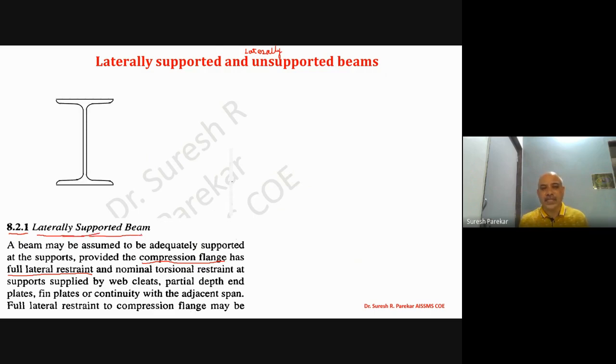So if we have a simple I section, then we have this as a laterally unsupported beam. Now here you can see we have this beam, and we have the flange in the slab. So this is slab one, and the compression flange of this beam is monolithic with the slab. So we are going to restrict its lateral deformation, that is, it would otherwise deform laterally along the length of the member. Here we restrict it, and therefore this is laterally supported.